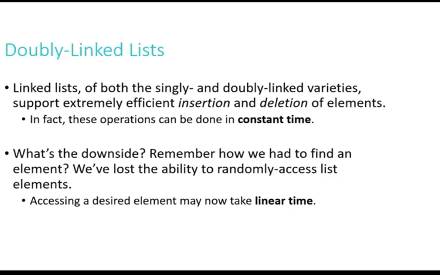With arrays, if we're doing something like insertion sort, you probably recall that insertion sort is not a constant time algorithm. It's actually pretty expensive. So this is a lot better for inserting. But as I mentioned in the singly linked list video, we've got a downside here too, right? We've lost the ability to randomly access elements. We can't say I want element number 4 or element number 10 of a linked list the same way that we can do that with an array, where we can just directly index into our array's elements. And so trying to find an element in a linked list, if searching is important, may now take linear time. As the list gets longer, it might take one additional step for every single element in the list in order to